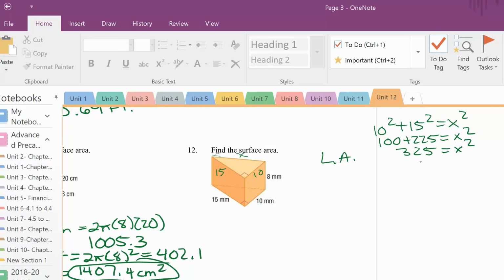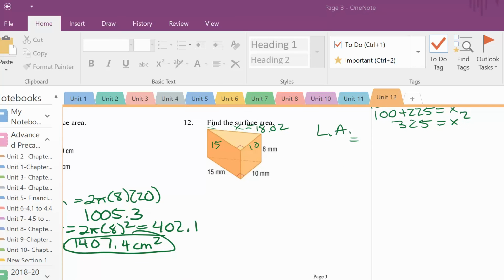When you take the square root of 325, you get 18.02. So when you add up the perimeter of the base, 10, 25, 43.02, times the height, which is 8,